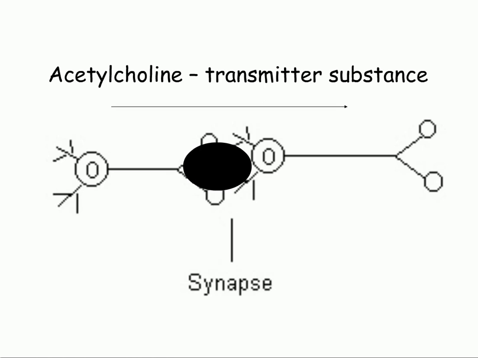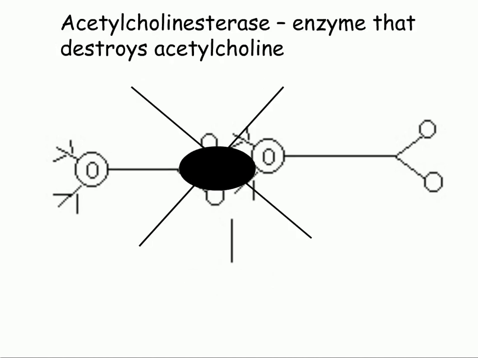acetylcholine. You have the nerve transmission traveling down neuron 1. It reaches this gap, so it produces acetylcholine. This chemical transmitter then carries that impulse from neuron 1 to neuron 2. Once acetylcholine carries that nerve impulse from neuron 1 to neuron 2, it's really important that that chemical transmitter is